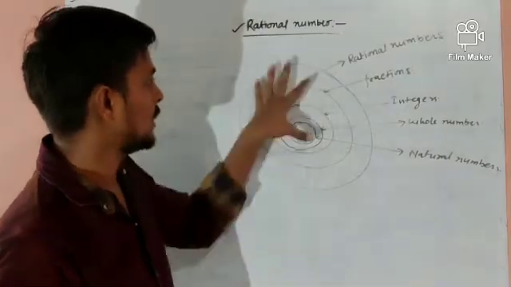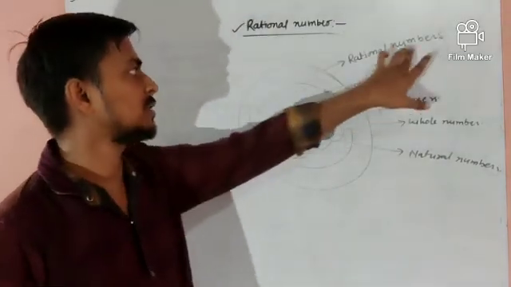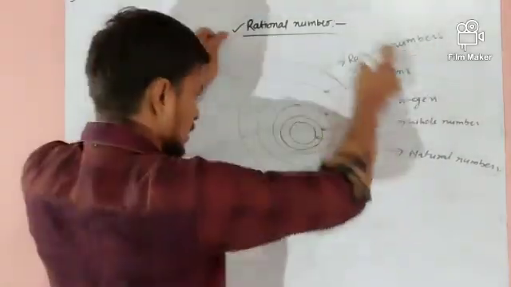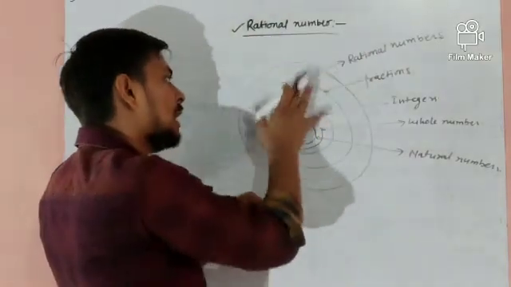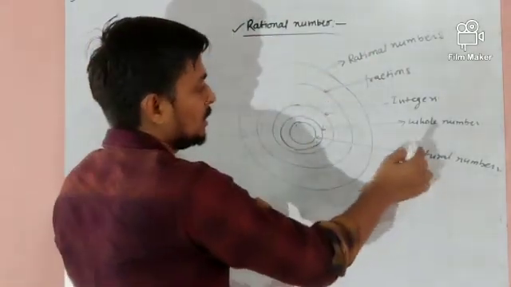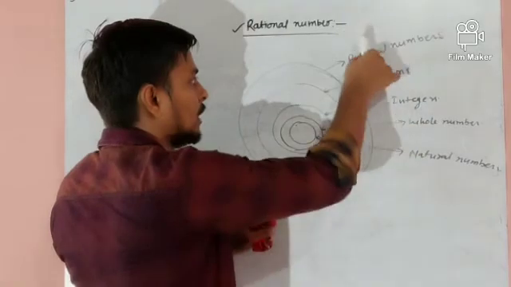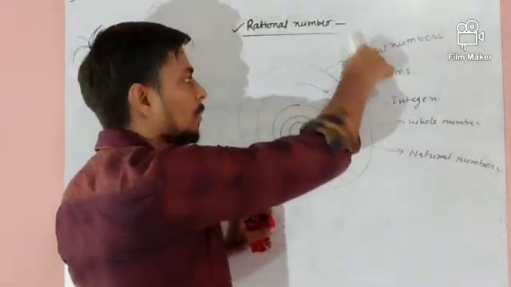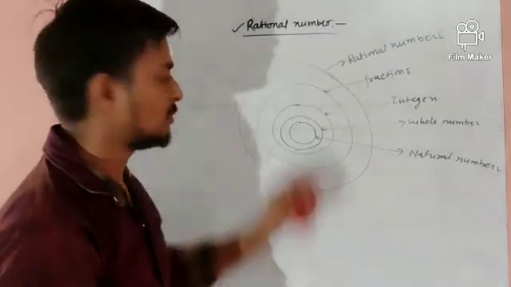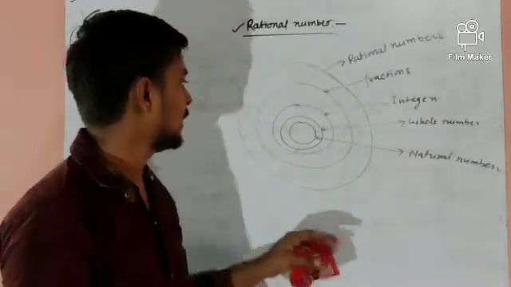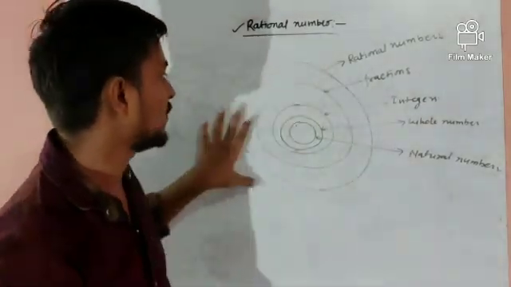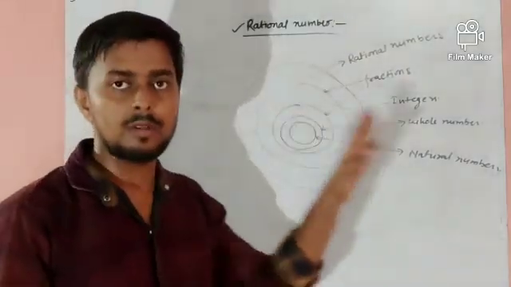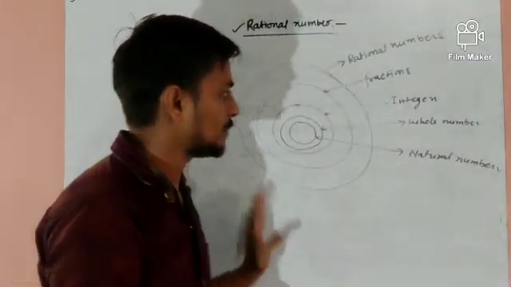So these are the spheres. It means the largest is what? Rational number. Rational numbers will include all the numbers. It means natural numbers are rational, whole numbers are rational, integers are rational, fractions are rational numbers, but not conversely. You can draw this on a fair copy. This is a rough figure. You can draw a proper circle with the compass and protractor.